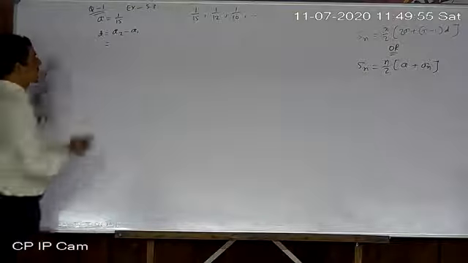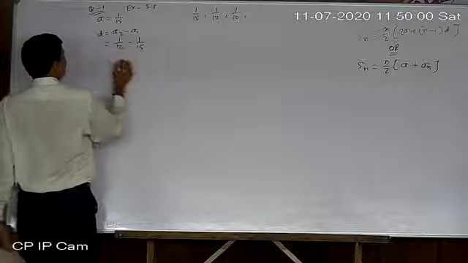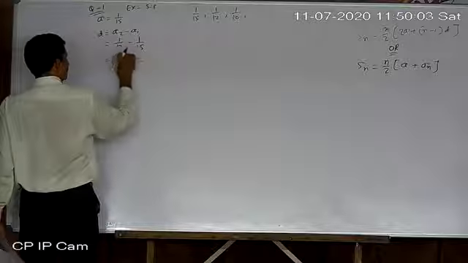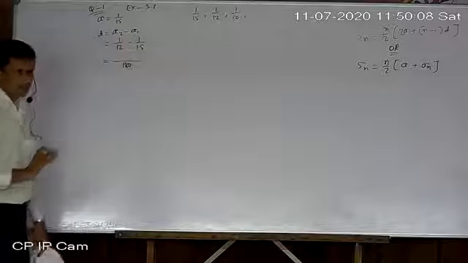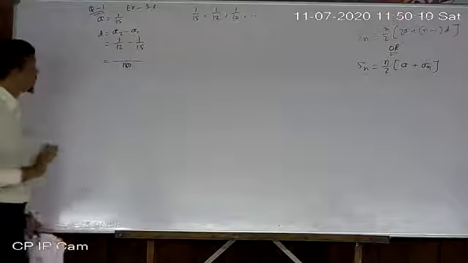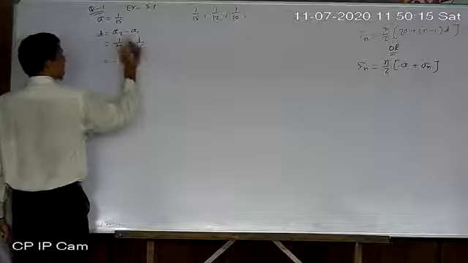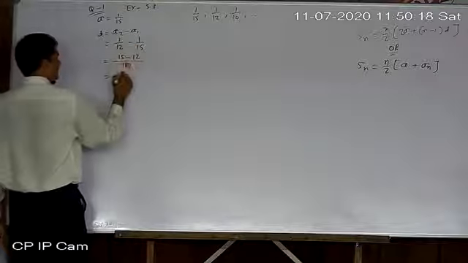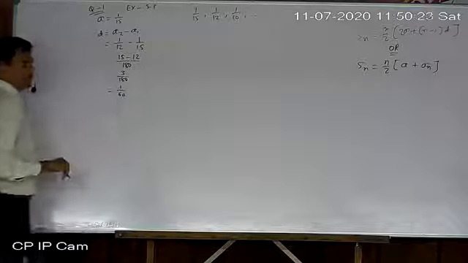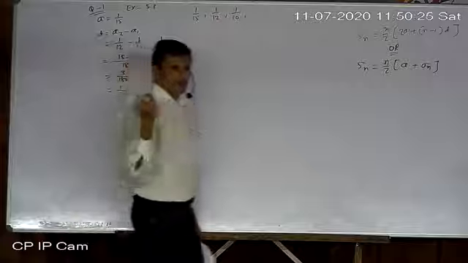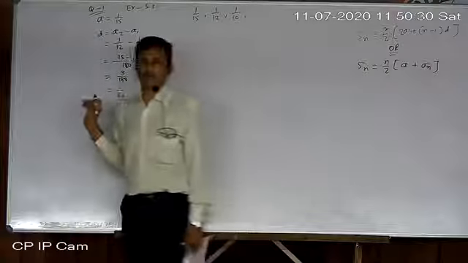So 1 upon 12 minus 1 upon 15. Now 15 into 12, I am multiplying crosswise, meaning cross multiplication is done there. Otherwise you can take the LCM also, both are the same only. So 15 into 12 is 180. Now 15 minus 12. I am showing all steps here, 3 upon 180. So it is 1 upon 60. This is the d. For finding d, we have 2 or 3 steps there. And don't try to write directly only.